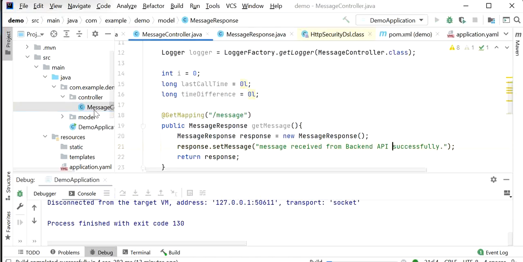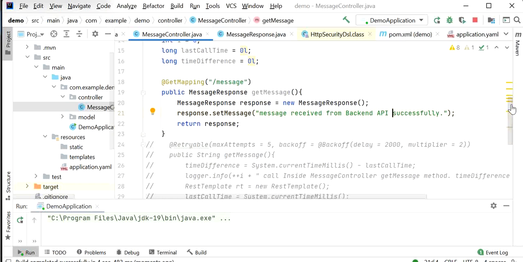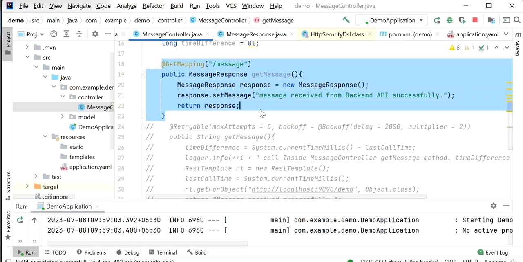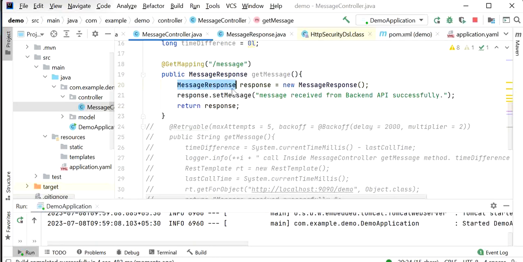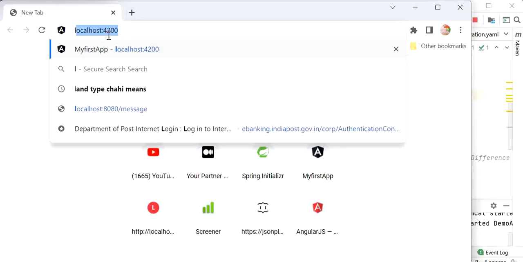So here we can see I have created one message controller, and inside the message controller I have created one REST endpoint. This REST endpoint is returning one message response object, and inside the message response object I am setting the message, received from backend API successfully. This response I am returning from our backend API. So now our Spring Boot application has also started. Let me go to the browser, and here first I will open localhost